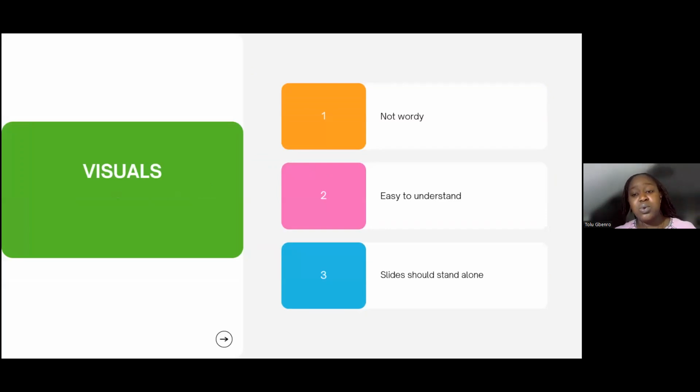So yes, back to our visuals. It should be very much easy to understand, just like this one. And you know why this slide is very, very easy to understand? It's because it uses the SDG colors, which a lot of us are familiar with. So it's not just, oh, I decided to pick orange, pink, blue. They represent different SDGs. So you can decide to, at some point, look for a specific template and tailor it into what you want.